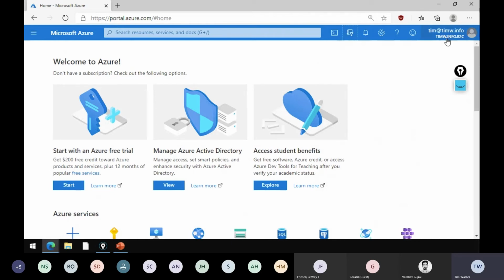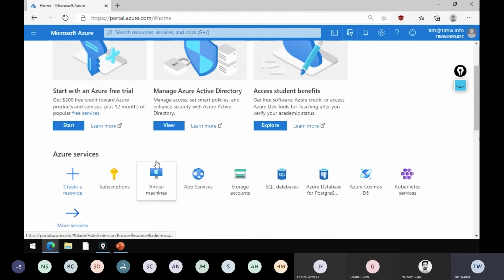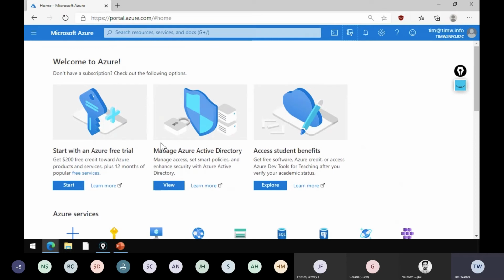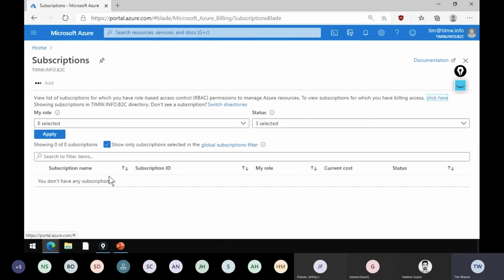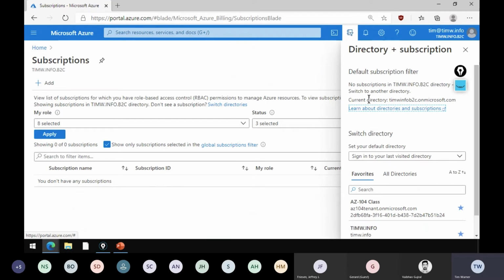At first blush, B2C looks a whole lot like a regular Azure AD tenant, and in many ways it is, but it does have some differences. For a regular Azure AD tenant, you can attach a subscription directly from it. Here, that doesn't appear to be the case. In other words, we're not going to be able to do anything with this tenant unless and until we've attached a subscription to it. The way we do that for B2C is different from the way we do that with just plain old garden variety Azure Active Directory.